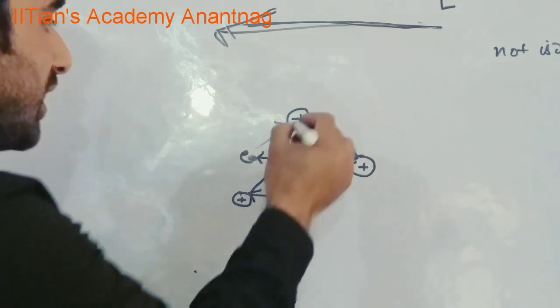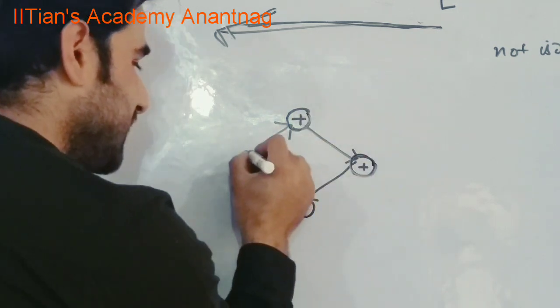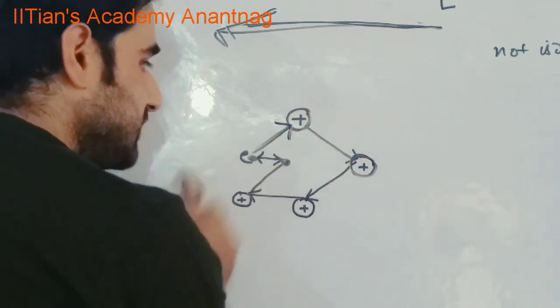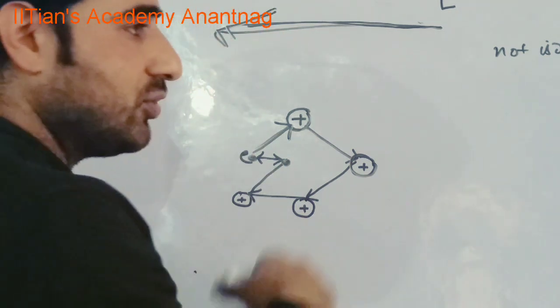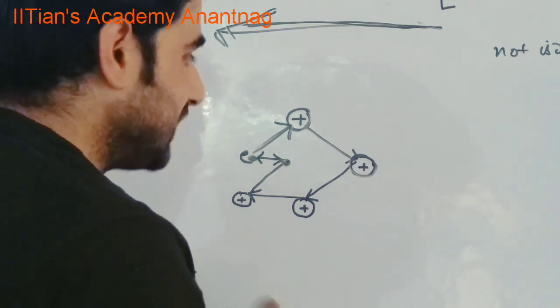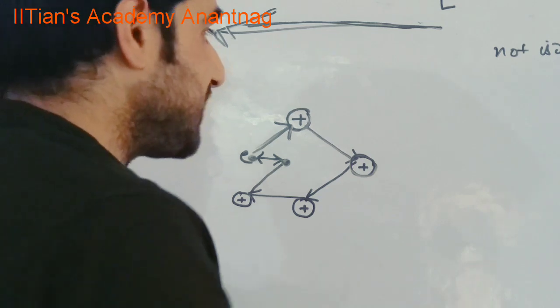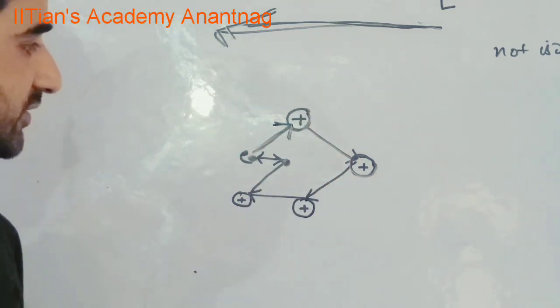Now these positive represent my ions. You can see electron is colliding with the ions. Electron is not so free that when I apply electric field it can move like in a very straight path. It cannot move in a straight path. Again, path is curved because there are obstructions in its path. These electrons will collide with each other as well as with the positive ions of the conductor.